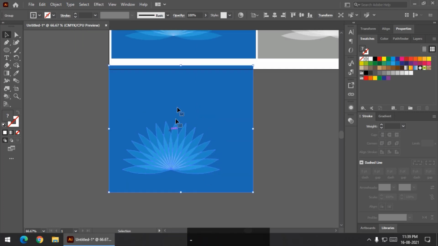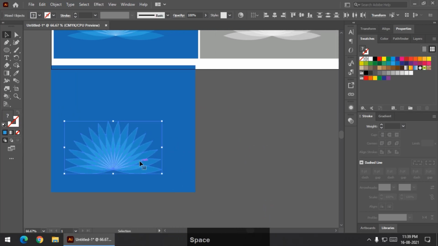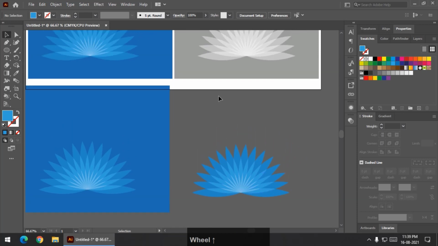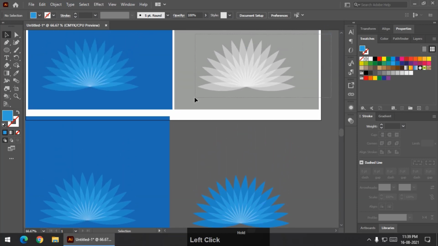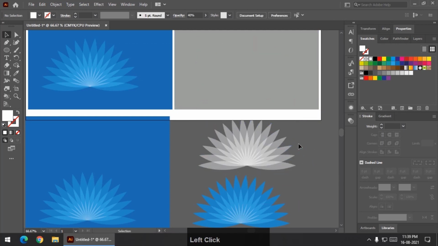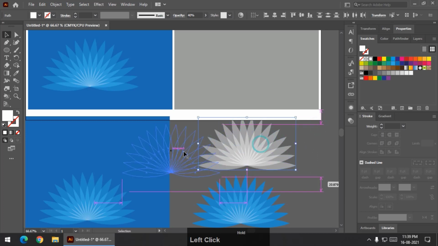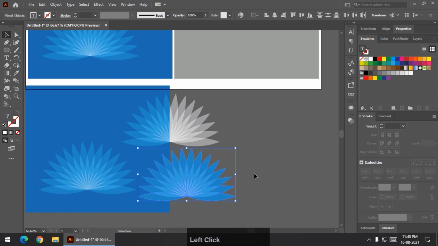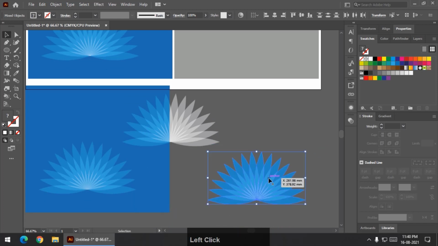Now as you can see, I'll ungroup this, and if I select this particular group and place it outside the box, you can see the color hasn't changed. When we compare it with this particular shape, if I place it downward, you can see the color changes like this, but in this case the color remains the same, and that is exactly what we are looking for, especially when we are looking to print our design.